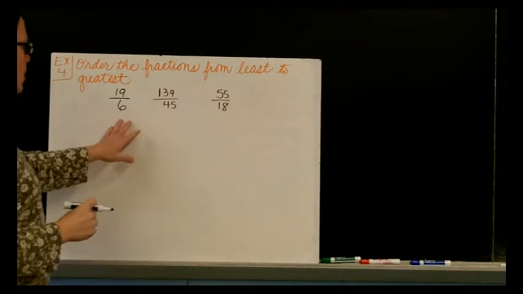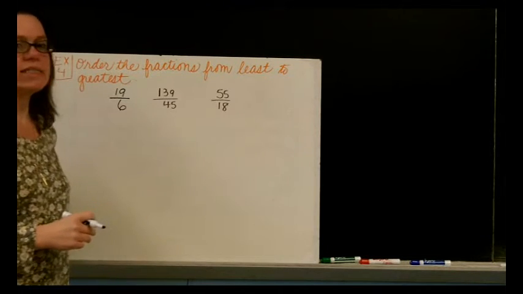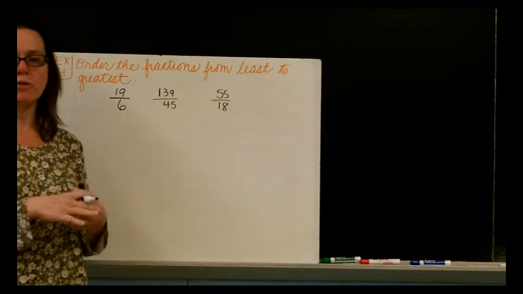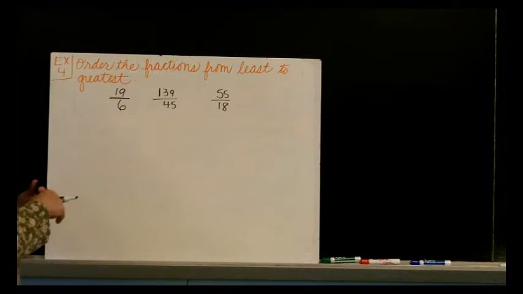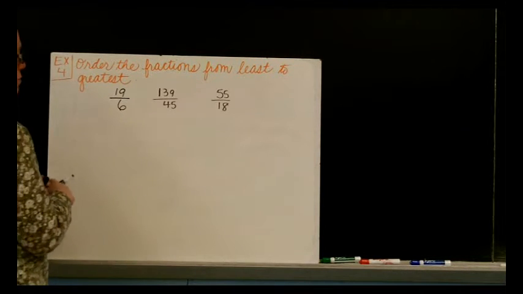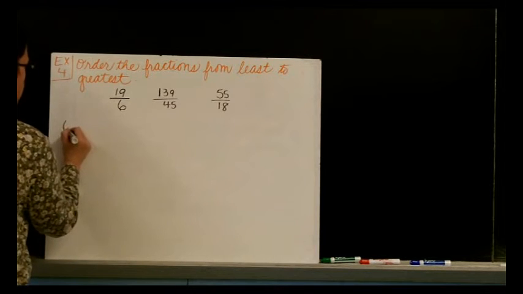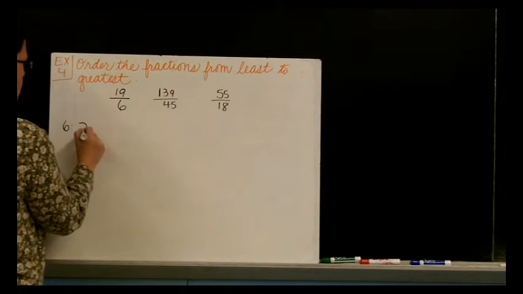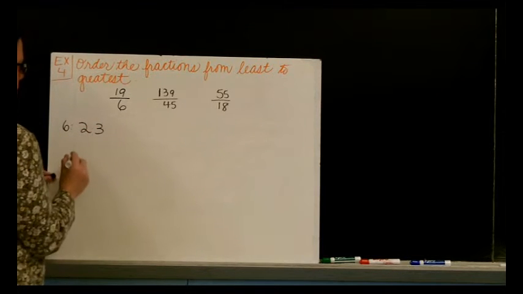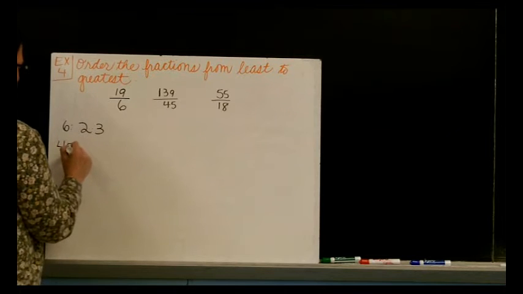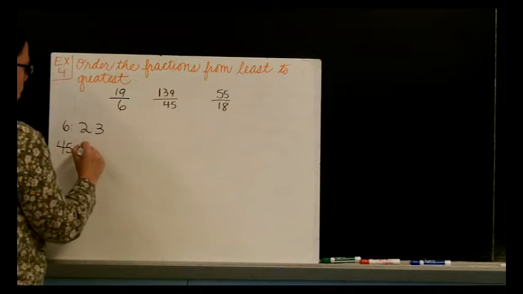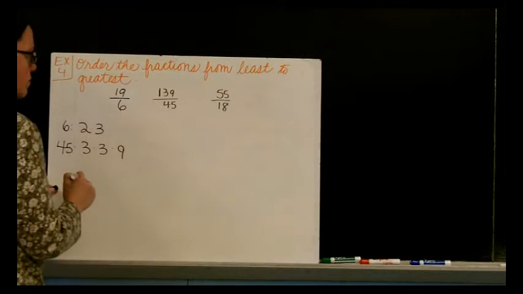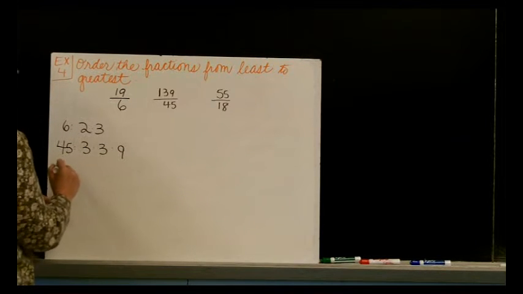And now what I see is that I have a 6, a 45, and an 18. Those are the denominators that I need to compare. Those are what I need to use to find the least common multiple of those 3. So I'm going to list my factors. 2 times 3 is 6. The factors of 45 are 3 times 3 times 5. And then the factors of 18